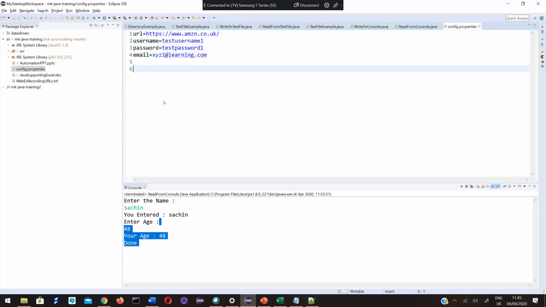So the purpose is that all the commonly used properties are pulled and placed in this properties file. The advantage being, in future, if you want to change any property, rather than changing in all 100 places, it is enough to go and change in a single place.